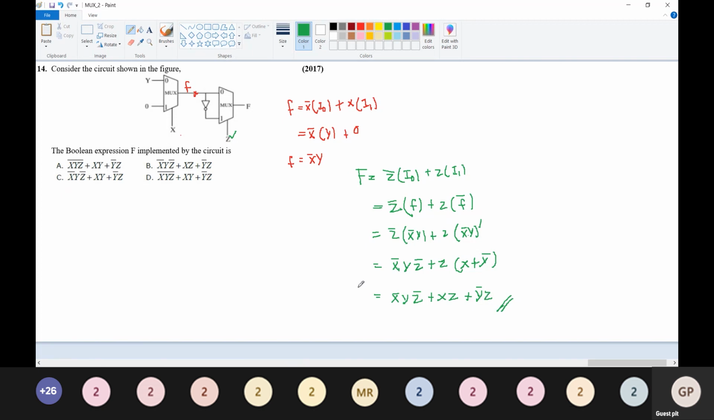This is your answer for the output F, which matches X dash Y Z dash plus XZ plus Y dash Z. Your answer matches with option B. This is your correct answer. So we'll end our class with this problem. We'll discuss some more problems in the